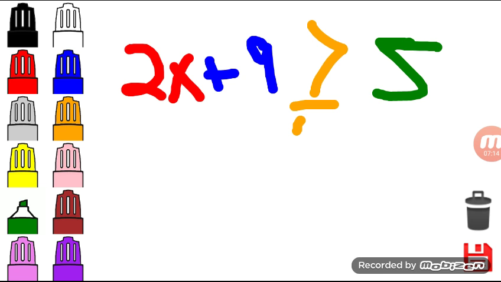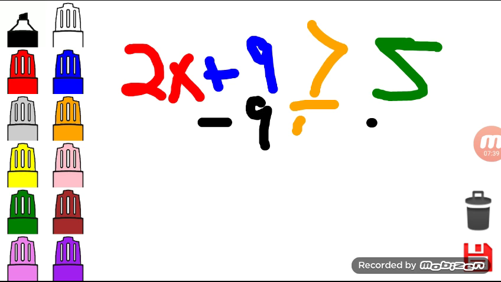Okay, so for a two-step equation, you try and get the x by itself, simple. So you always try and get that x by itself. So you always start with the addition or whatever's away from it. So we're gonna subtract 9, and whatever you do to one side, you have to do to the other. So 5 minus 9,